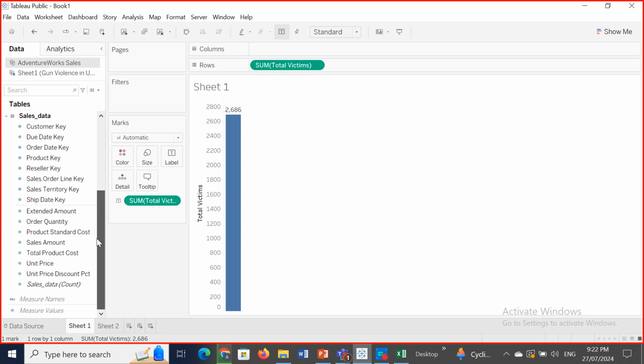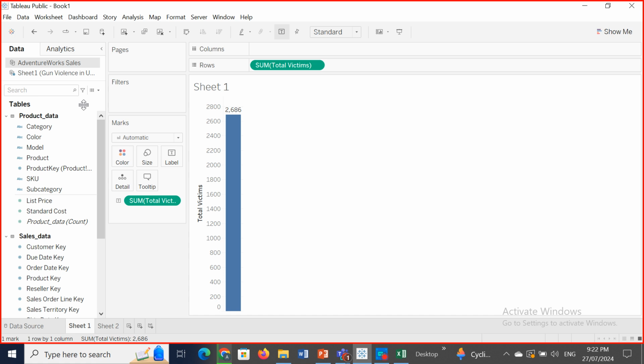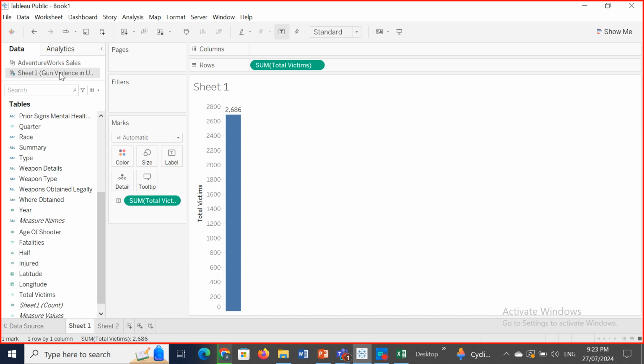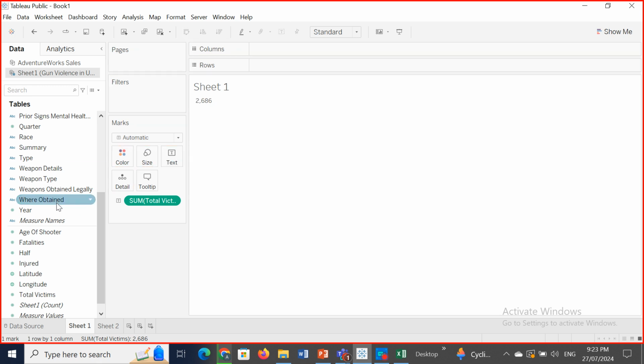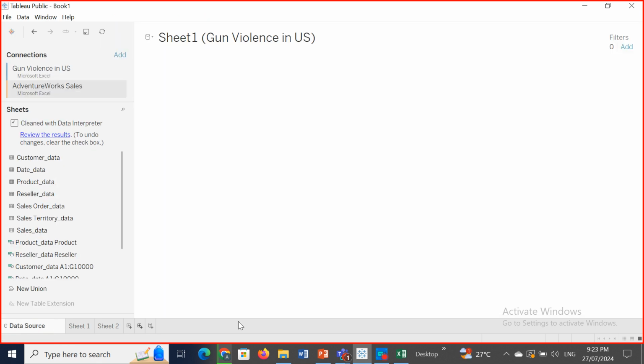I could equally pick a field from this place and drop it here. But these two data sets, these two files, are not related. So it is important that you can load in more than one data file in Tableau, and you pick fields from various files, from various data sources, and use them to create a visualization. Do you get me now? So that is that. So let's go back to